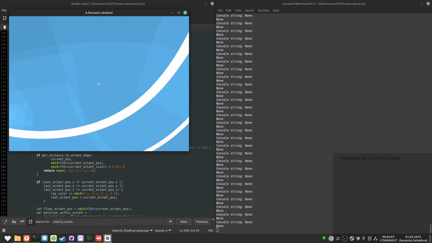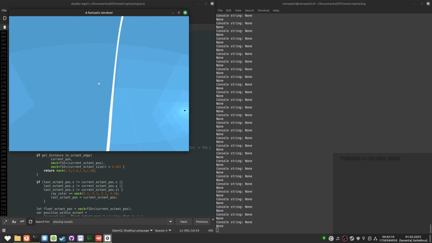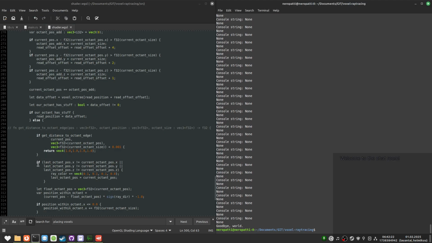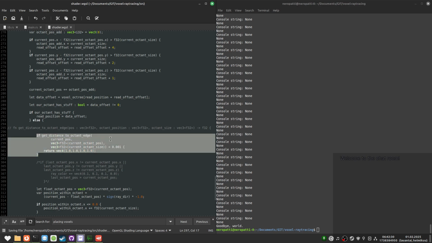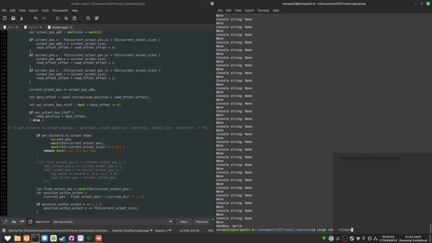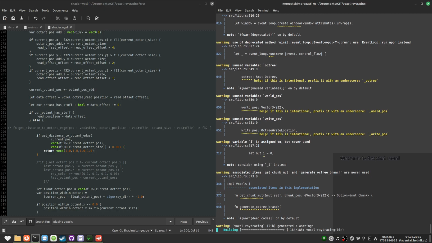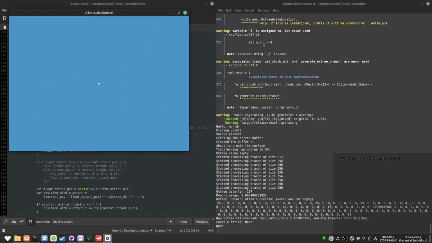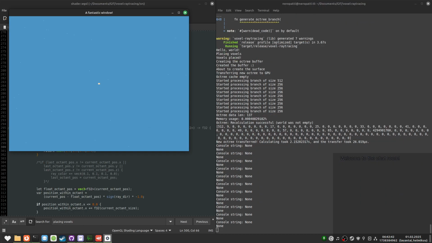This is definitely some floating point shenanigans. So I don't have to do this anymore. Oh, no, I'm like completely blind.